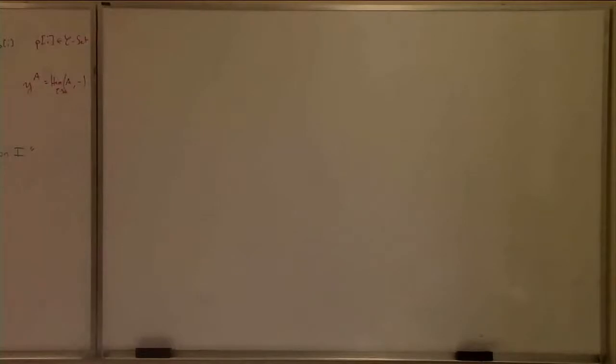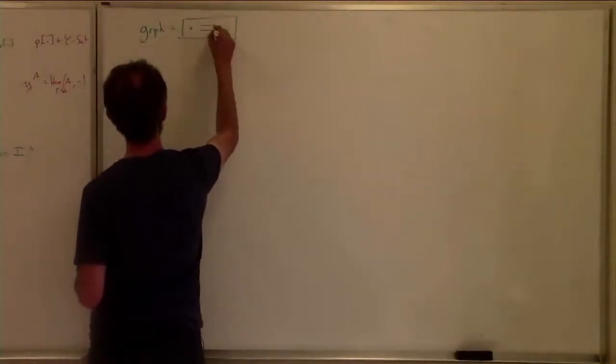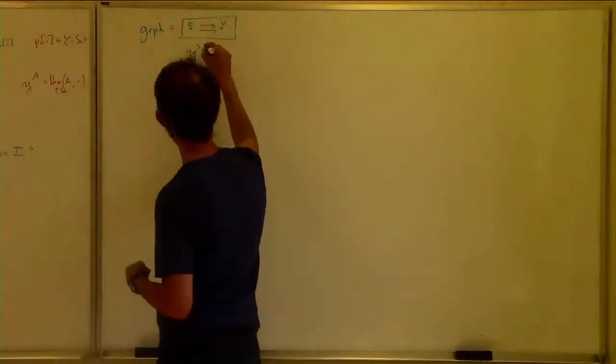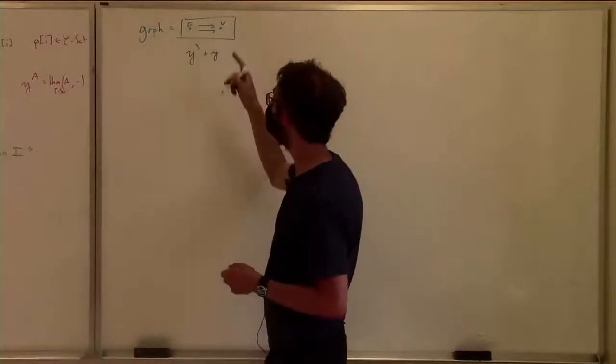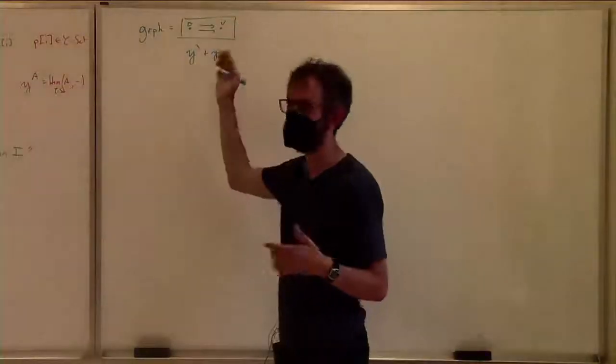remember graph is this schema here, this category. Edge, vertex. In other words, it's the polynomial y squared plus y, because this thing has 3 outgoing and this thing has 1. Plus the comonad things, epsilon and delta, that tell you how to compose. And so